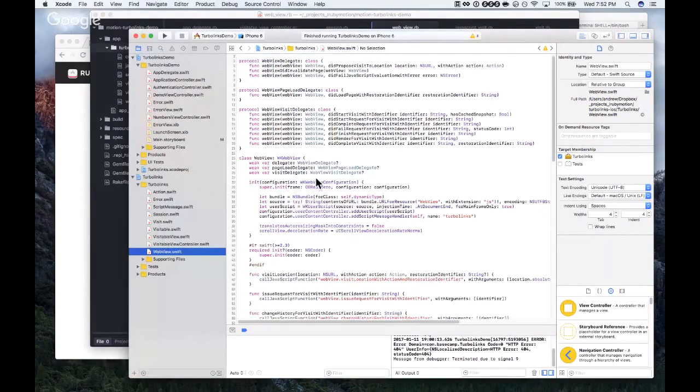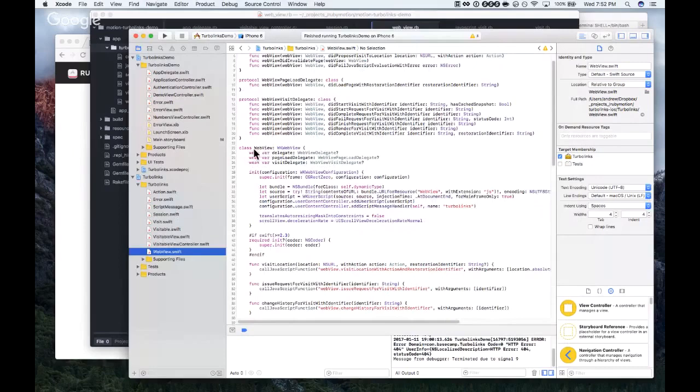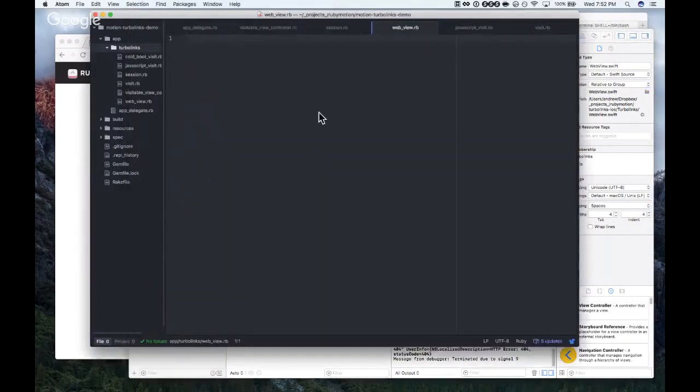There's quite a bit of stuff here to implement. Yeah, I'm going to start with just subclassing WKWebView. So module TurboLinks, class WebView subclasses WKWebView.